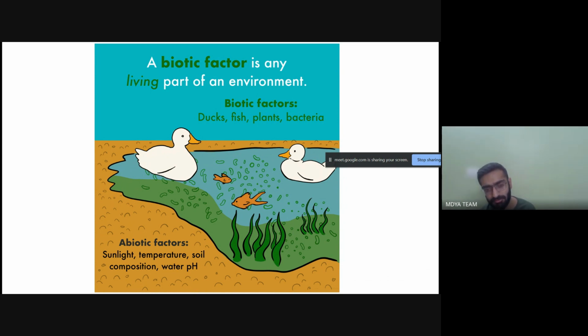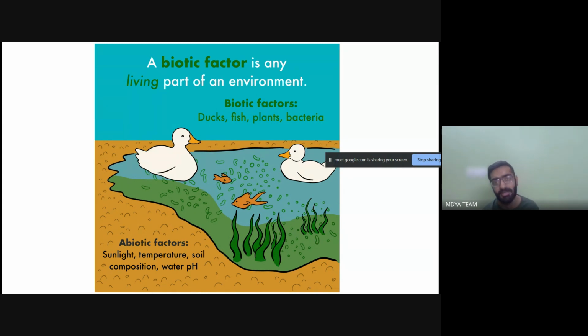And wherever the difference is in the abiotic factors, the species would also have a different kind of characteristics and features according to that region, such that they are able to withstand those abiotic factors that are prevalent in that region. For example, if you go into the desert, then the body of the camel is such that it is able to withstand that temperature. You go to a very cold region, the polar bears, they have such kind of a body that they're able to withstand those abiotic factors of very less sunlight, very low temperature, like that. Okay. So the composition, the characteristics of the body of these living species also varies according to that.